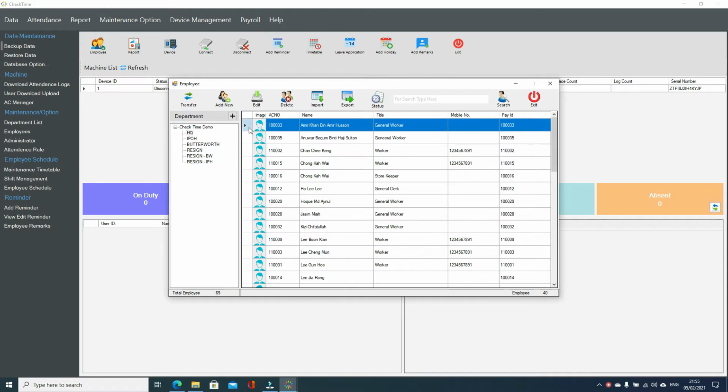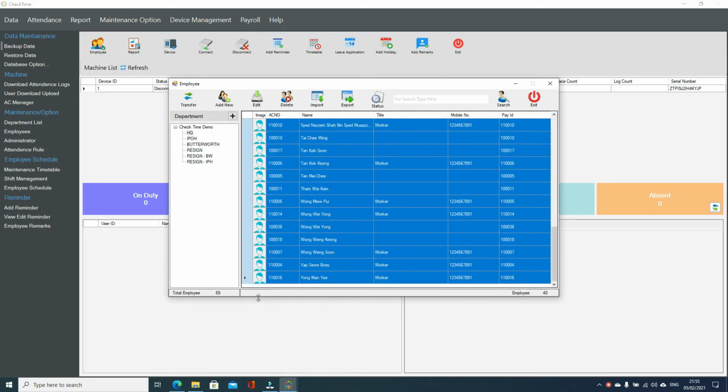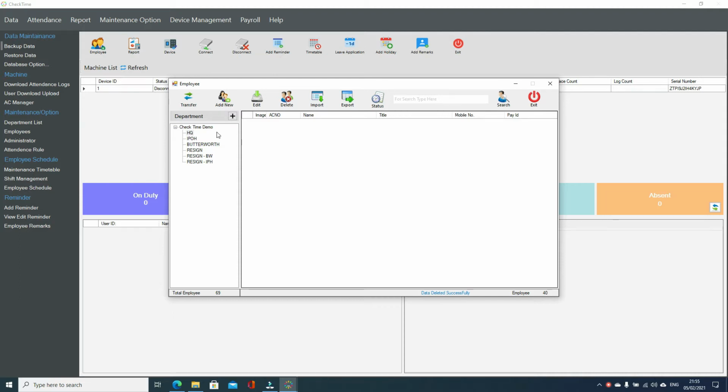We have all employees here, we're going to delete these employees from here. Okay, employees are deleted now. We have an empty department here, no employee here. So when we want to import the employee from the Excel file, you go to import here,